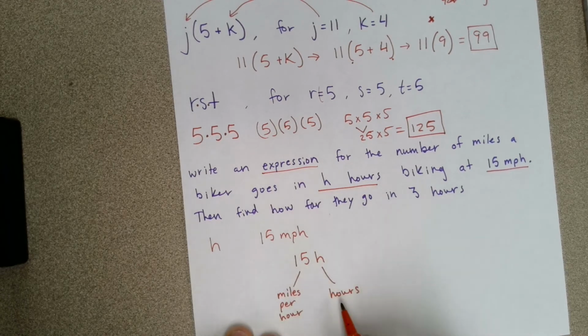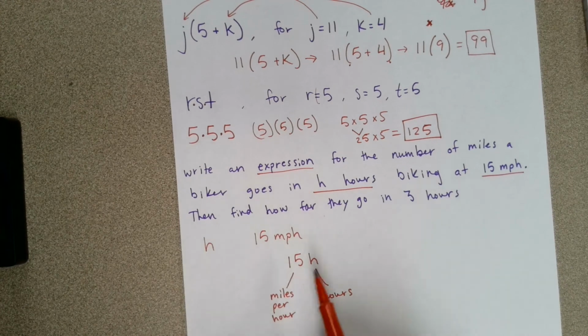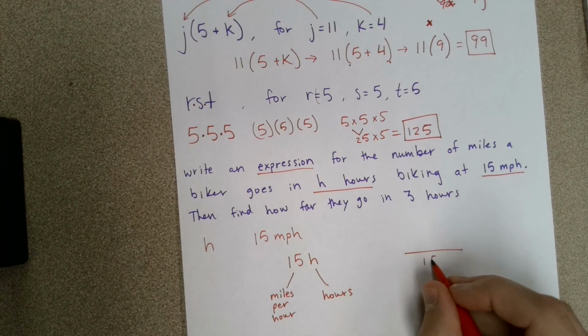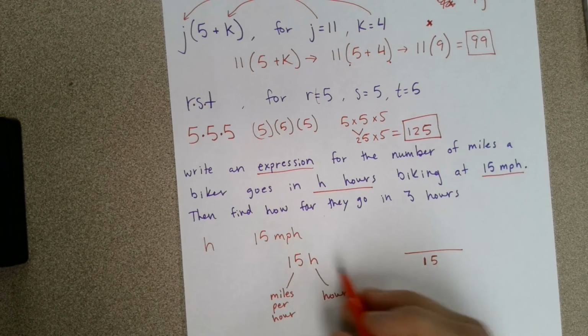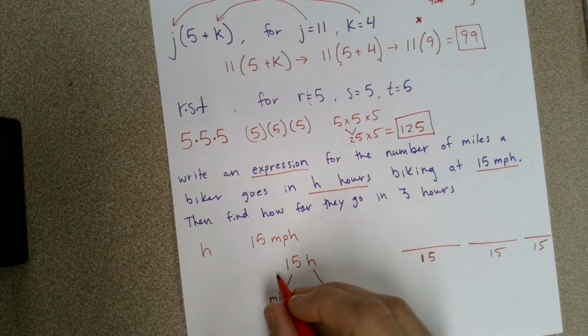So what we should be able to do here is for any amount of hours, plug it right in there and figure out how many miles this biker has gone, because we know they're going 15 miles in 1 hour. So if here's my hour, they went 15 miles. For every hour I were to add on, if I wanted H to be 3, I'd do 3 of these. That one's kind of small. So this is our expression right here,